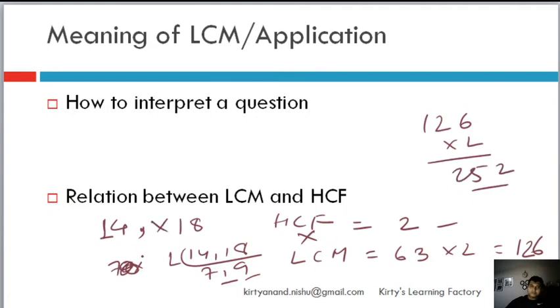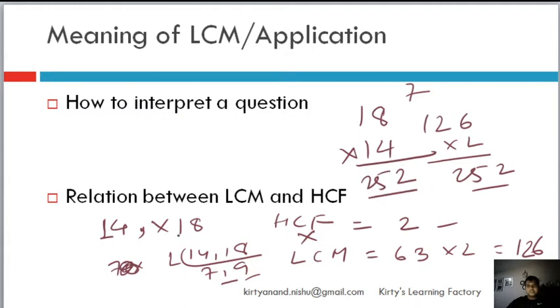Also multiply both the numbers. See what happens. Let's multiply. Do you know the table of 18? If you don't, then I think you should. At least the tables up to 21 you should know. So 18 4s are 72, 18 1s are 18, and then 7, 252. So basically that's the relation between LCM and HCF: if you multiply LCM and HCF for two numbers, it will be equal to the product of the two numbers.